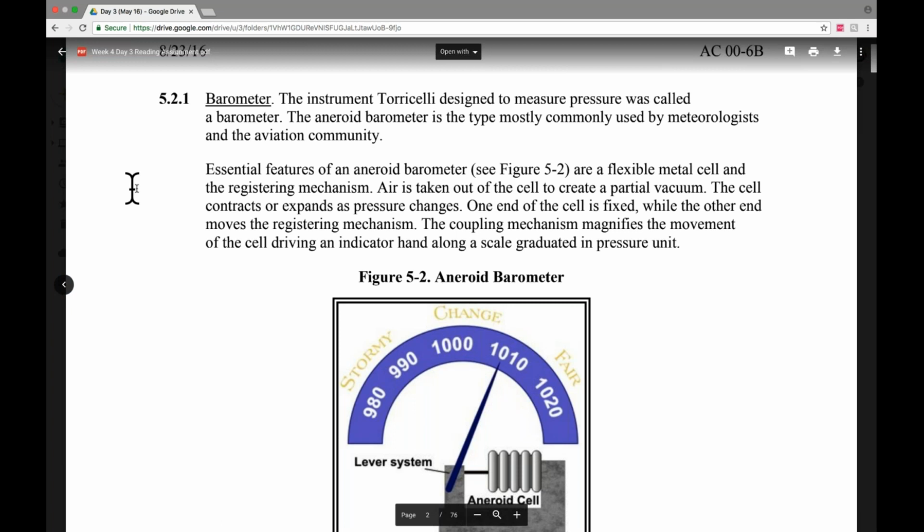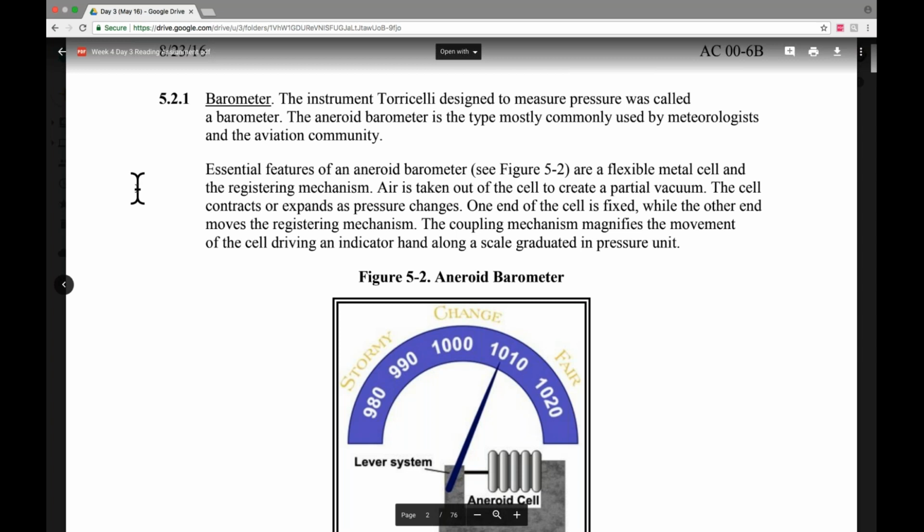So it's a flexible metal cell, and the registering mechanism. Air is taken out of the cell to create a partial vacuum. The cell contracts and expands as pressure changes. One end of the cell is fixed, while the other end moves, registering the mechanism. The coupling mechanism magnifies the movement of the cell, driving an indicator hand along a scale graduated in pressure